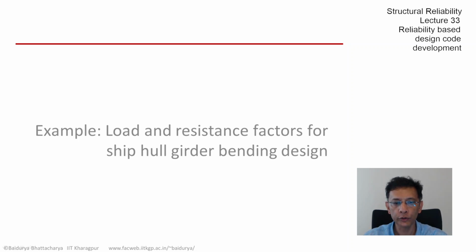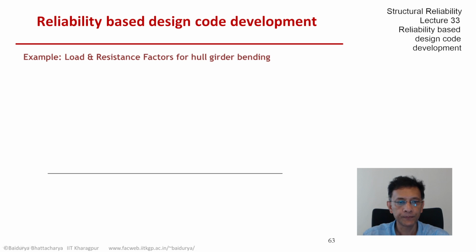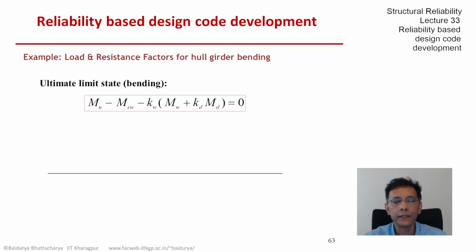We now go through an example on deriving load and resistance factors for the design equation for ship hull girders in bending, in ultimate bending limit state. This is the limit state equation, and it has been decided that in this load combination, the still water bending